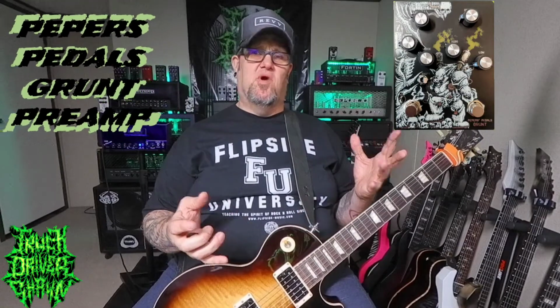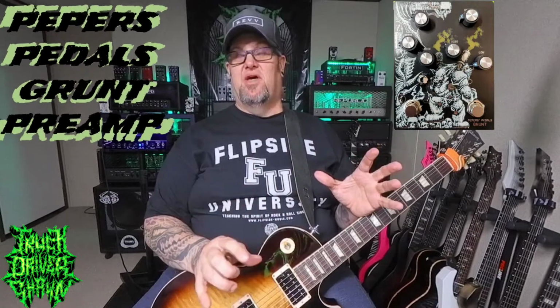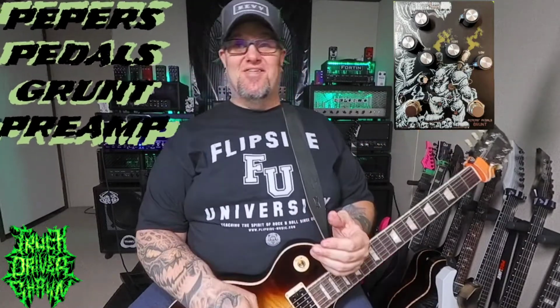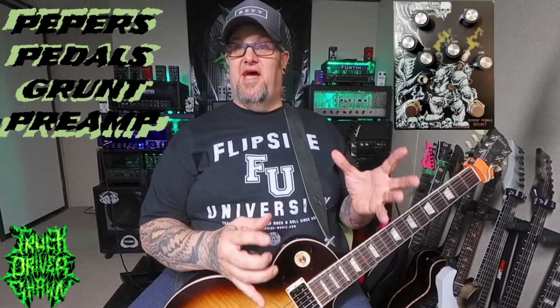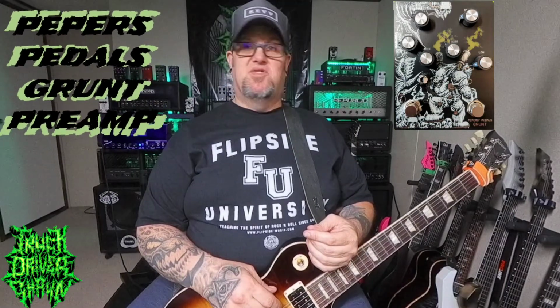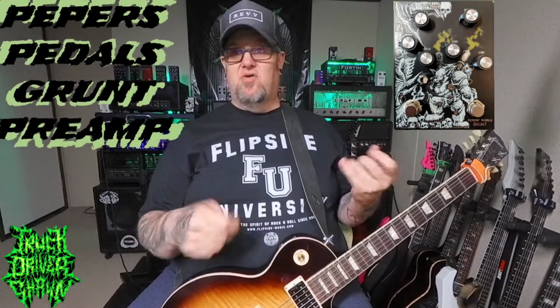No matter where you go in the world, you can slap that into an effects loop of any pedal. Effects loop of any amp. As long as it has a clean signal, this now becomes your amp. So if you're a person who uses backlines a lot, or you travel, or you just use any kind of random thing to hook up to your cell phone to jam in a hotel room,